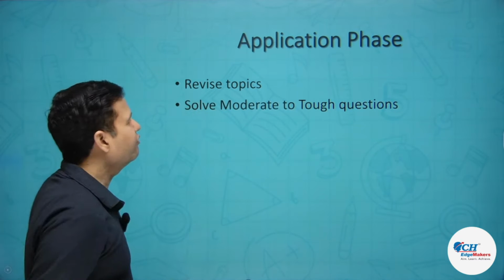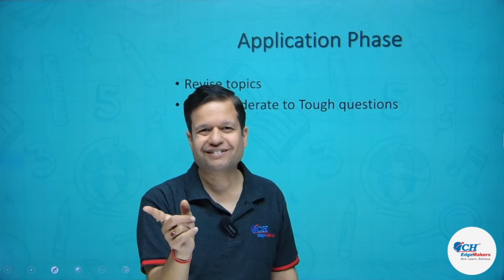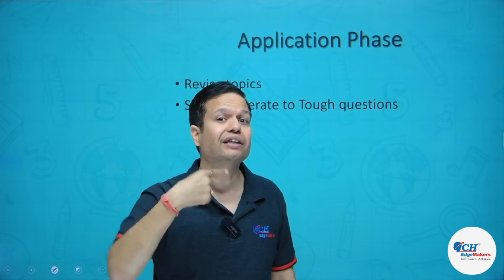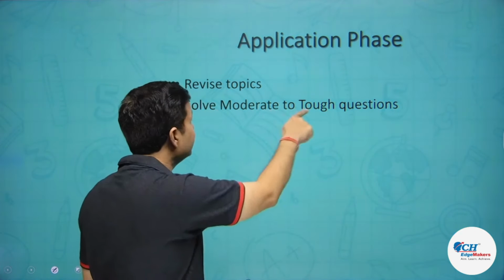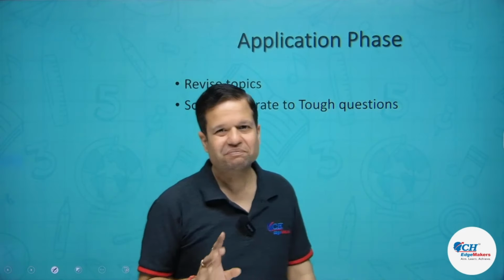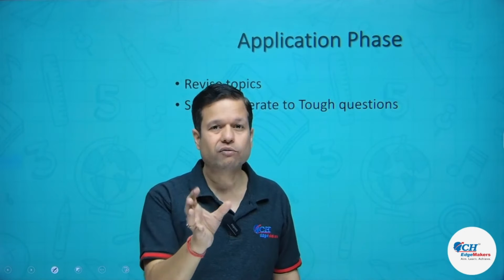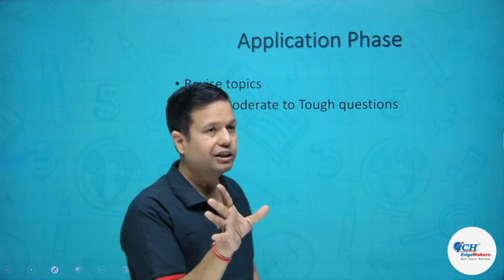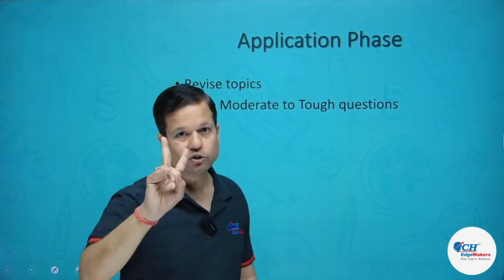Then solve moderate to tough questions. Then take out those LOD 2, LOD 3 questions, moderate to tough questions, and solve all of them. Again, keep tagging. This tagging will help you in the third stage, because then what we are going to do is we are going to resolve these questions and not these questions. So next time what we will try to do is we will try to solve the questions in the testing phase. We will solve the questions that we have solved in the application phase. So that should be your target number 2.